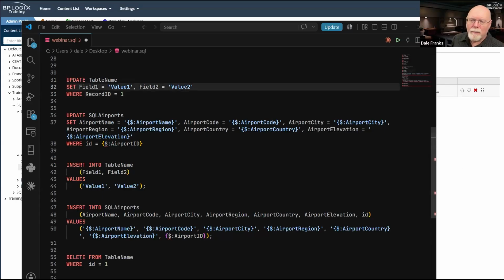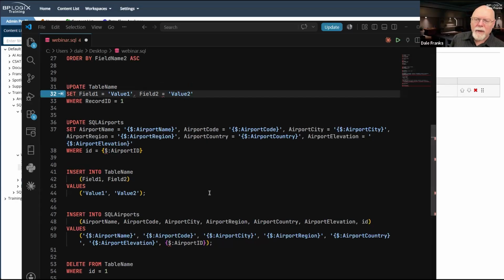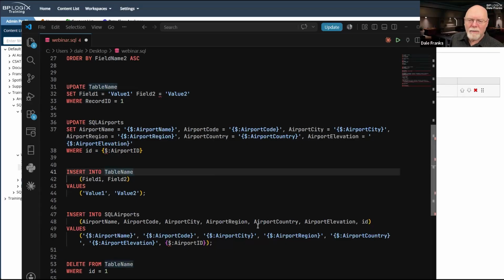For example, let's say I forgot that comma between field 1 and field 2. That's going to throw an error. It's even making Visual Studio Code very unhappy, and it is trying to force me to put that comma back in because Visual Studio Code knows that that is a bad thing.